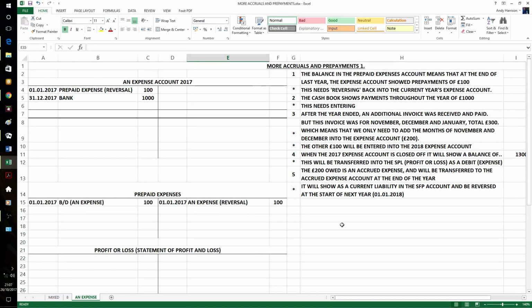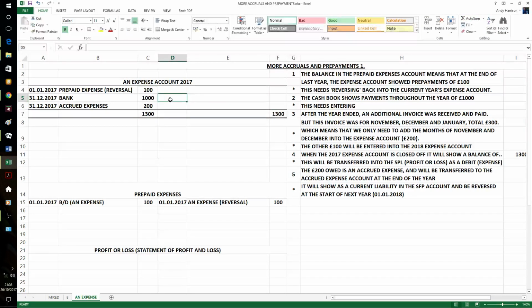But now what we really need to do is to adjust this year's, because what we do know is we really should add it in as an accrued expense. We'd earned the bill and the correct figure is the 1300,